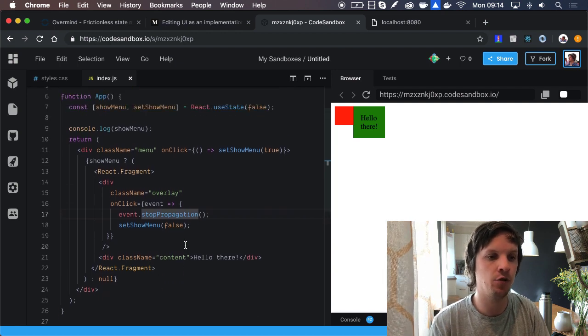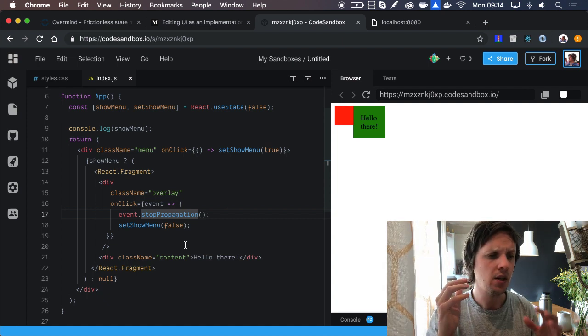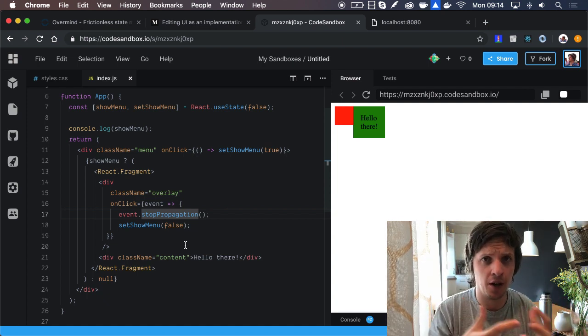So I think this gives you the most control with the least amount of CSS and elements, and also in isolation. Everything's inside this component. Everything runs in React's event system. And yeah, I just wanted to show that off.